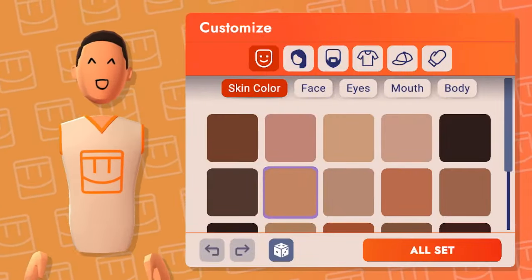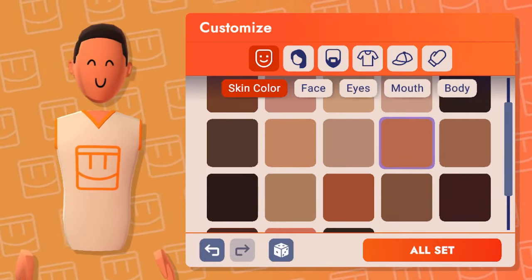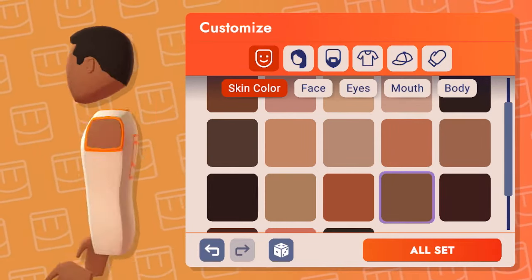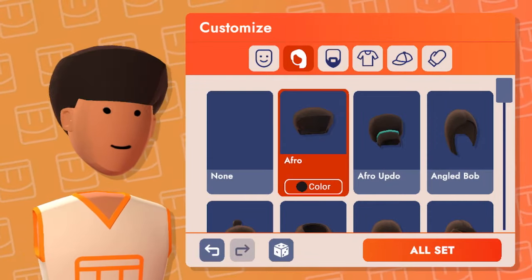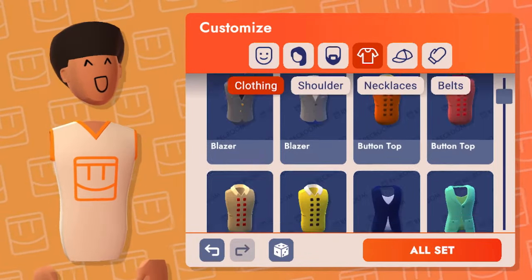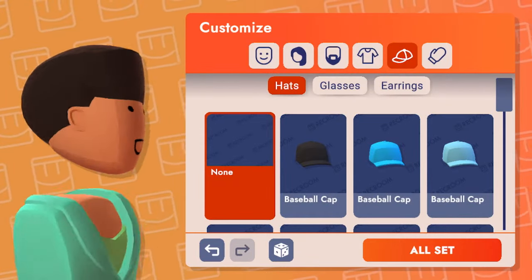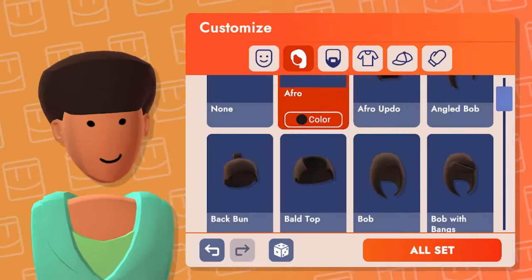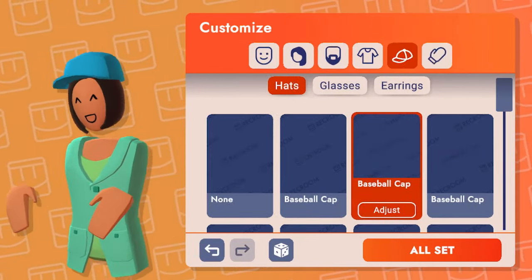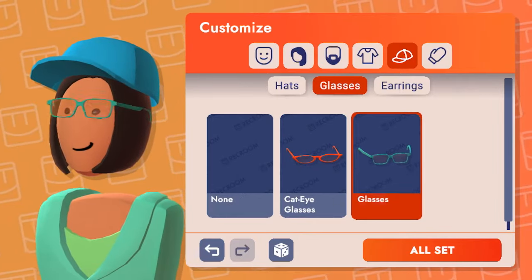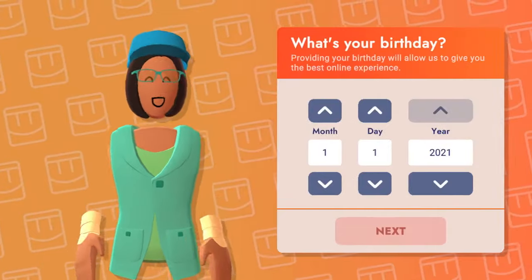And once you get in there, then you just want to make your own character. You can make yourself however you feel like you want. So I'm just going to make something random since this is not a real account that I'm going to be using. I'm just going to put on anything except that hair, which I'm going to change in a second. Okay, so